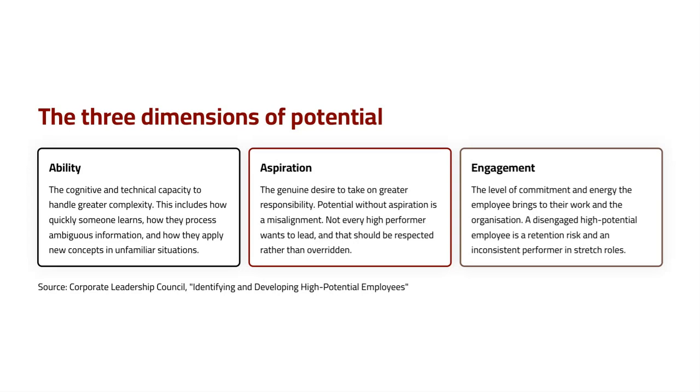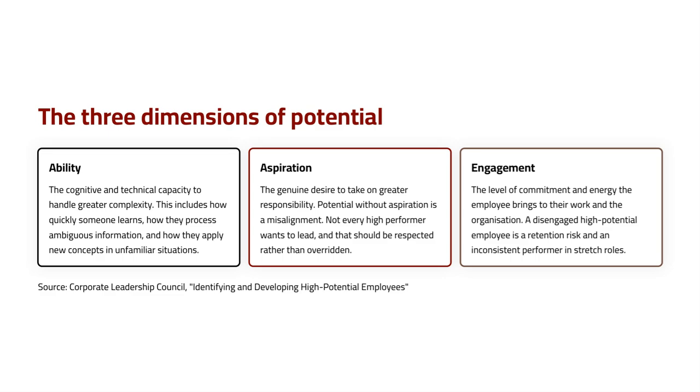When we talk about the three dimensions of potential, we're looking at ability, aspiration, and engagement. First, ability is the cognitive and technical capacity to handle greater complexity. This means how quickly someone learns, how well they manage ambiguous information, and how effectively they apply new concepts in unfamiliar situations. Moving on to aspiration, this is a genuine desire to take on greater